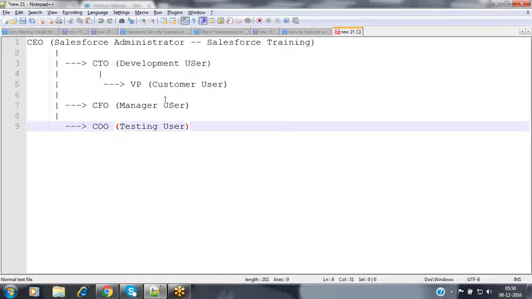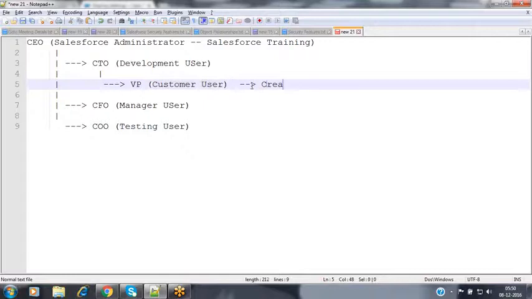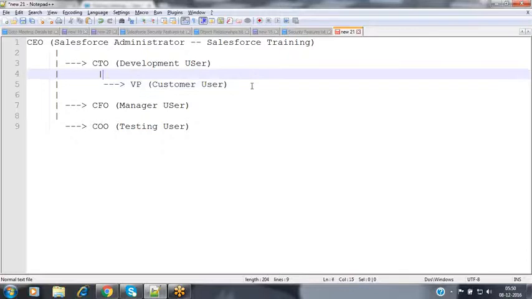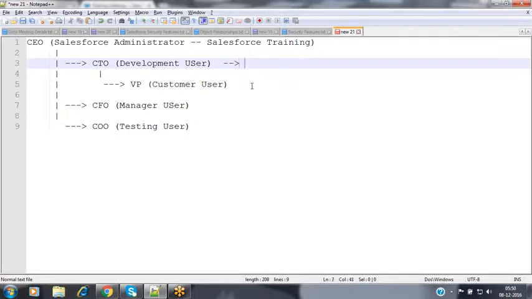What I want to do is log in as the customer user and create a record. Or else you can log in as a development user, whichever. Now log in as a development user and create an account record.